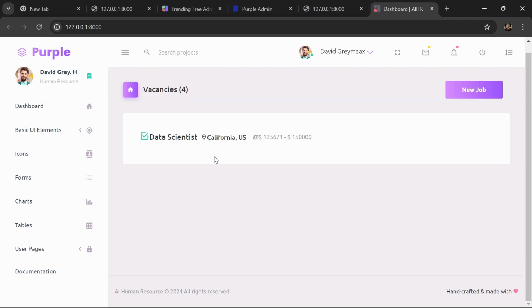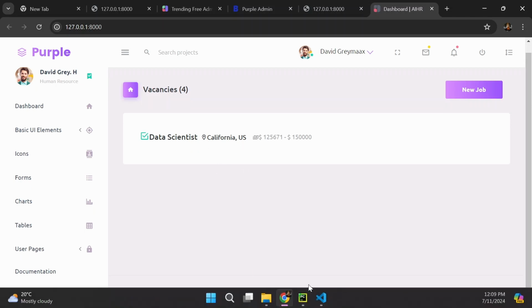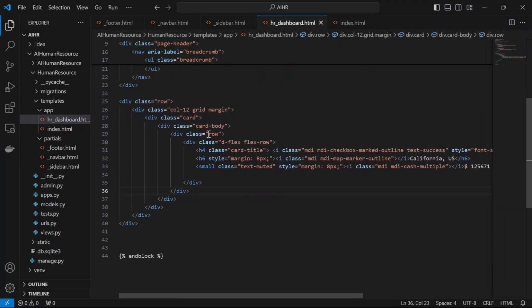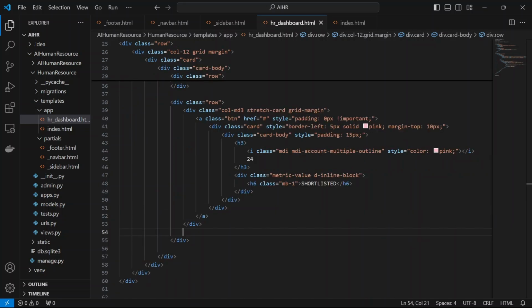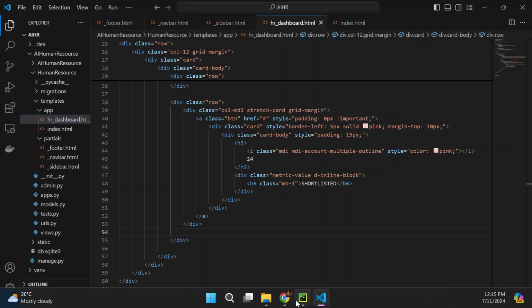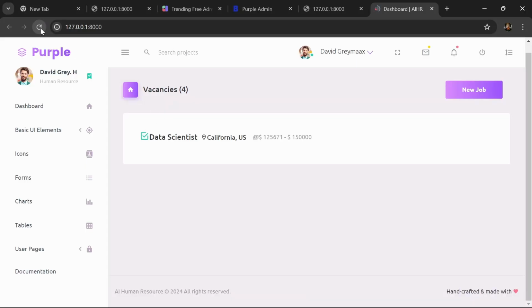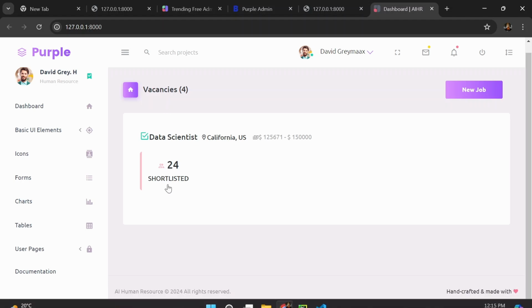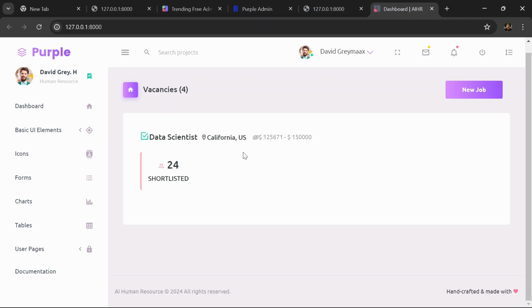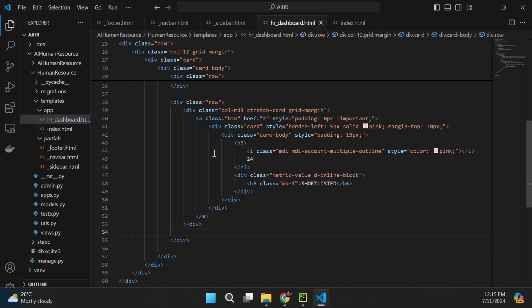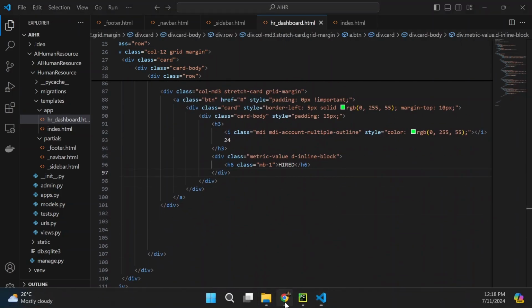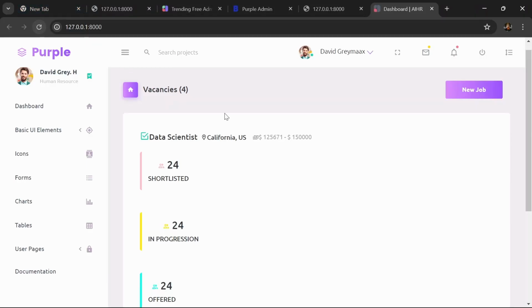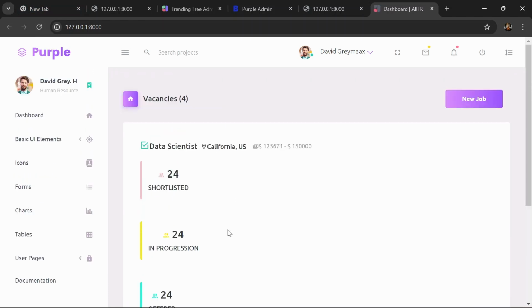After this, you are going to create another row to display some metrics. So in VS Code, inside the card body, we create another row. So now if we go back to the browser and refresh, you see you have a button for shortlisted candidates. We are going to duplicate this one for in progression and the other fields. Now if we refresh, we need them to be